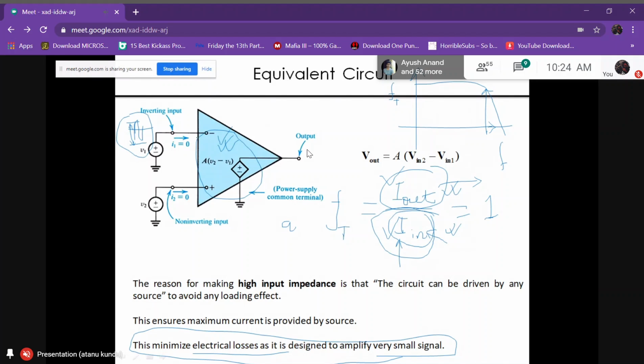if the input impedance is very high. Those who are attending classes, please sit in a room where there is no noise. Otherwise, so many people are there, and if noise is coming from your room, it will be very difficult. Try to maintain this. Already we are facing so many difficulties due to this situation, and if you don't try to realize the situation and cope with it, it will affect your study, right? So sit in a room where there is no noise. You can do that, right?